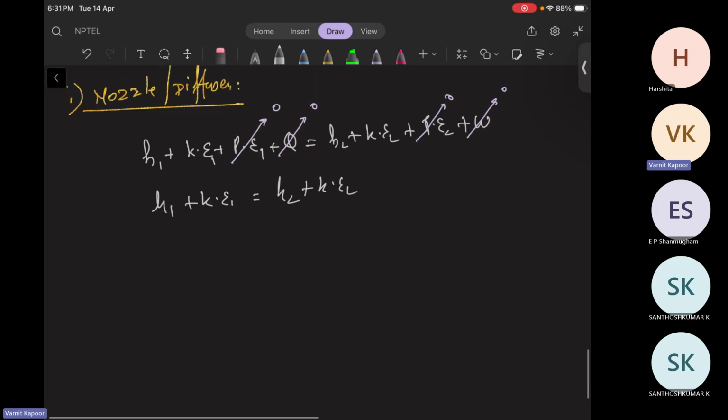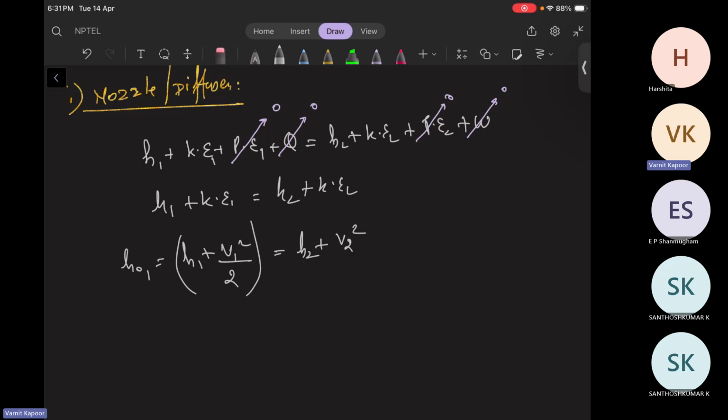Let us define the state H naught 1, that is nothing but H1 plus kinetic energy, which is V1 squared by 2. I'm dealing in specific terms, that is divided by mass: specific enthalpy and specific kinetic energy. H1 plus V1 squared by 2 is equal to H2 plus V2 squared by 2, and it is equal